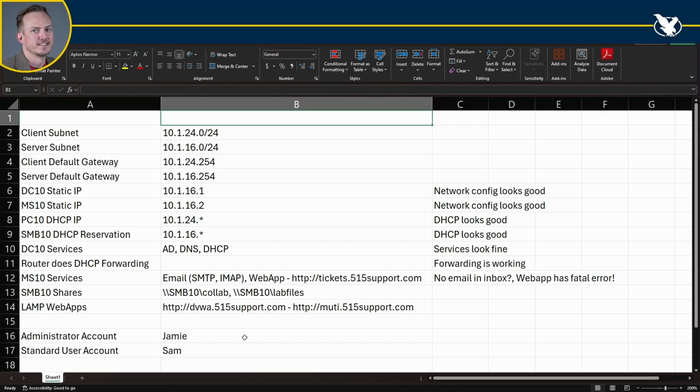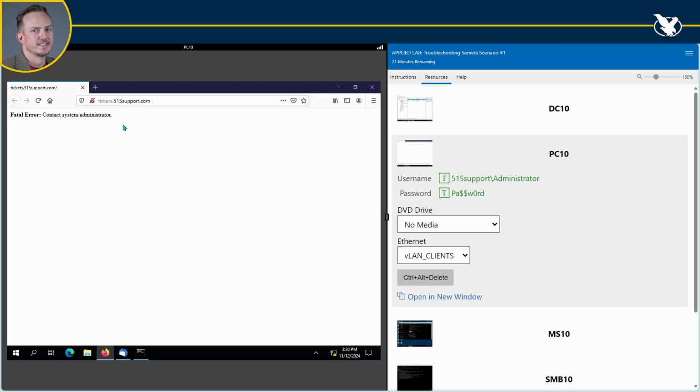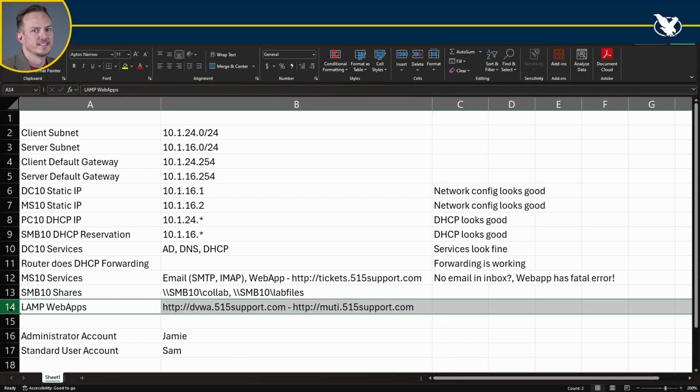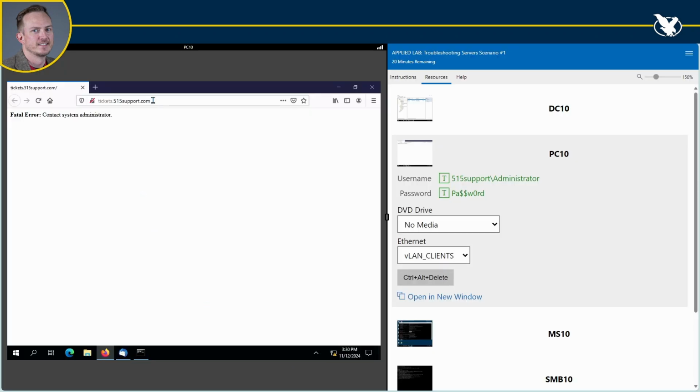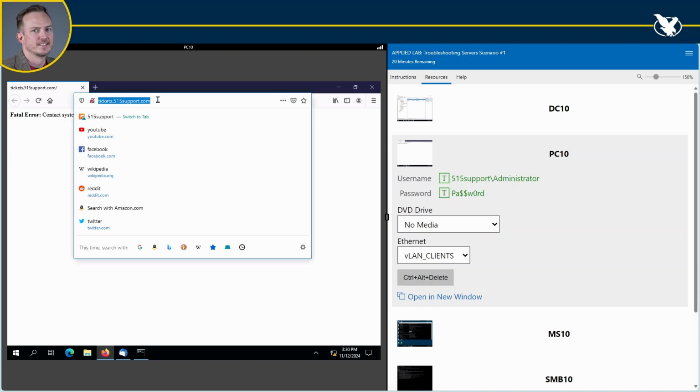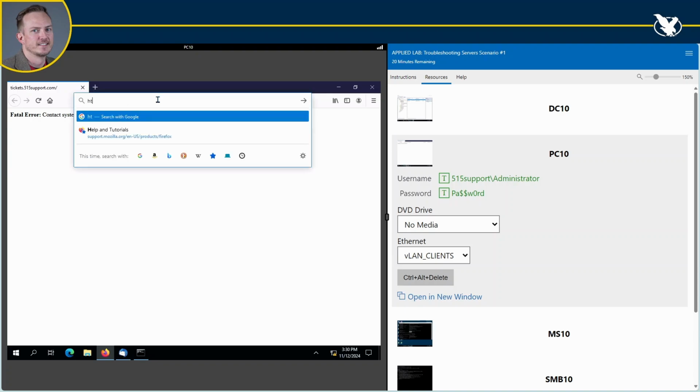There's not a lot of things left on the list to check, so I think we should just check these real quick and make sure that they are not the problem, and then we can come back to our web app. There's some other websites. If we look at here, our LAMP server has 2 websites. Let's just check those out and see if they're working. One of them is DVWA, so